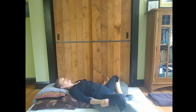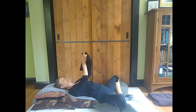Now, you can do this in a number of ways. You can do this palms down. I like it palms up with my forearms supported as well. So really feeling that. And then taking your eye covering